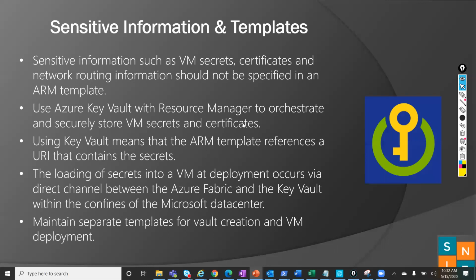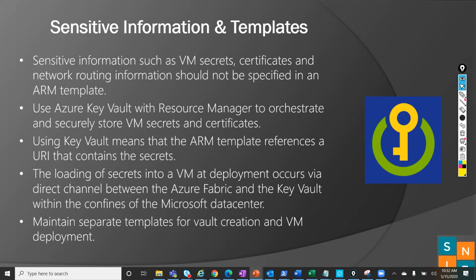Sensitive information such as VM secrets, certificates, and network routing information should not be specified in an ARM template. If you specify all this information, it is vulnerable, and anyone who has access to that template can view those secrets.